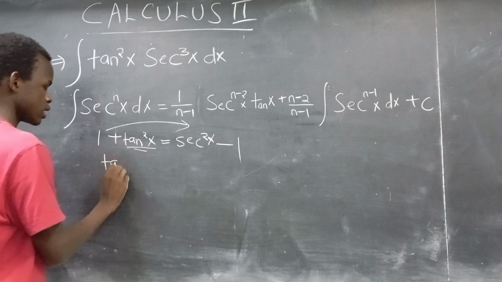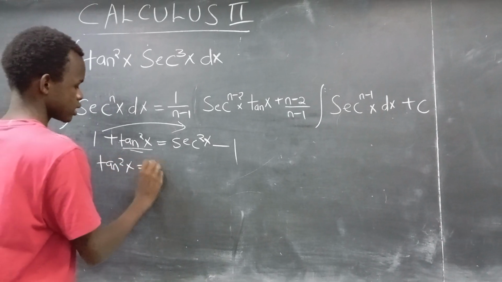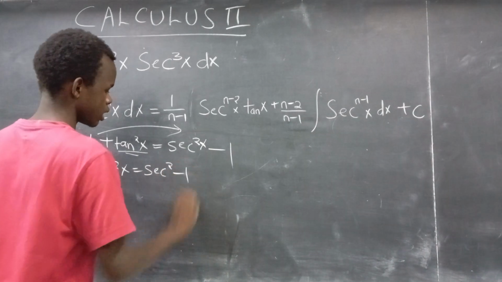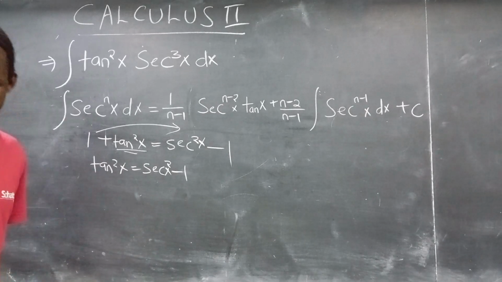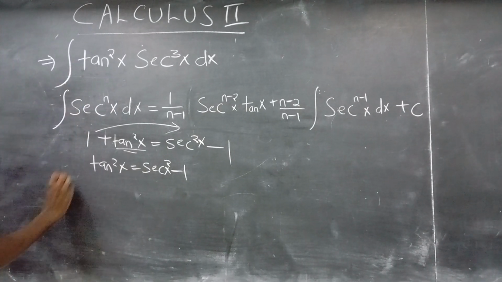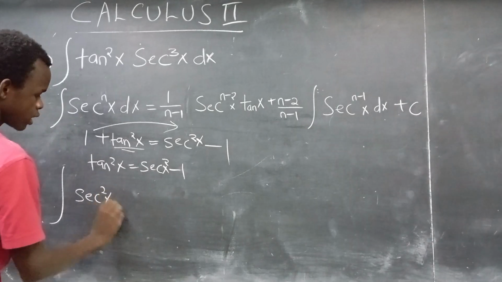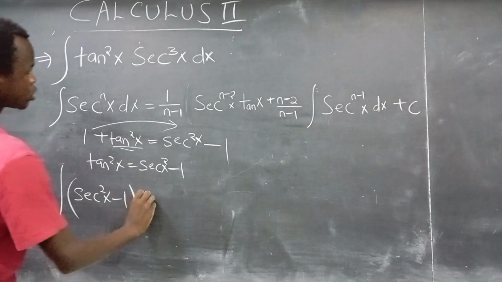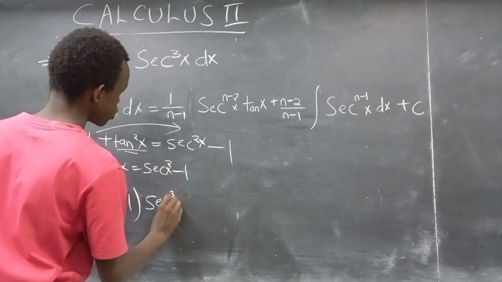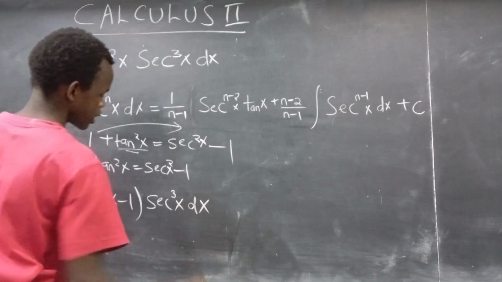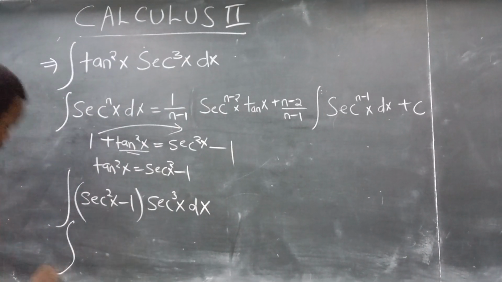So tan squared of x is secant squared of x minus 1. I'll write that inside the integral. I'll get the integral of secant squared x minus 1, multiplied by secant cubed of x dx. Expanding that,